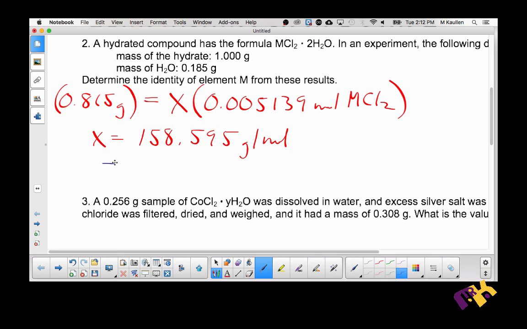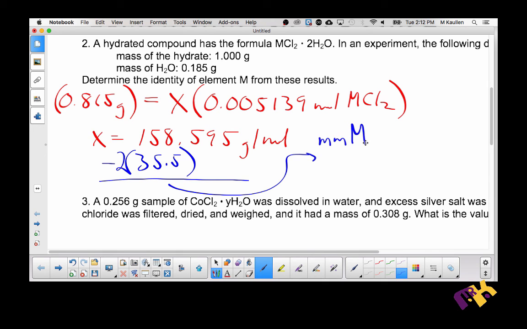So we're going to subtract from this 2 times the molar mass of chlorine, which is 35.5, which is like 71. So we subtract 71 from this, and that tells me that the molar mass of M should be equal to 87.6